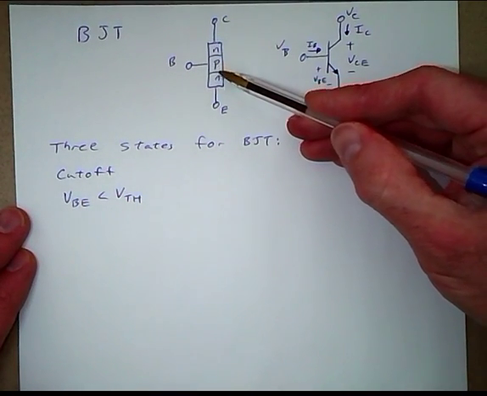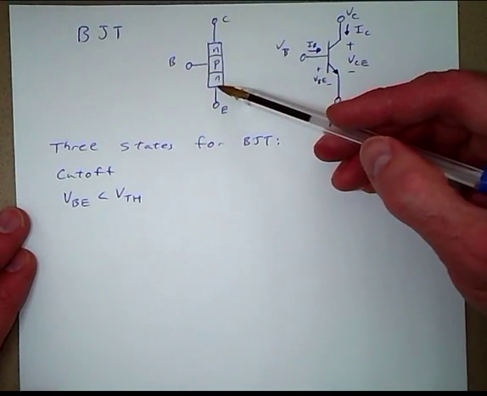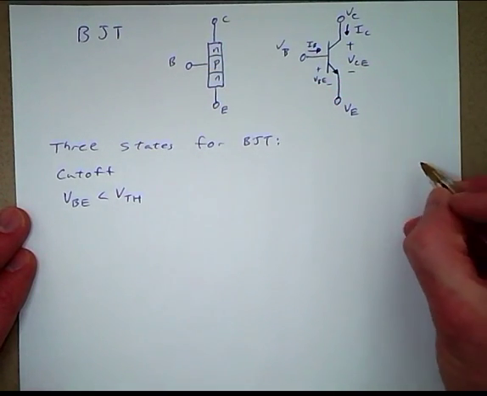Because you see, this PN junction right here is a diode. And so, just as in a diode, an ideal diode,